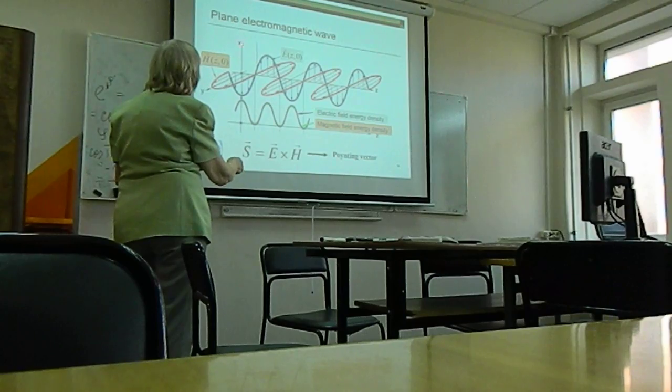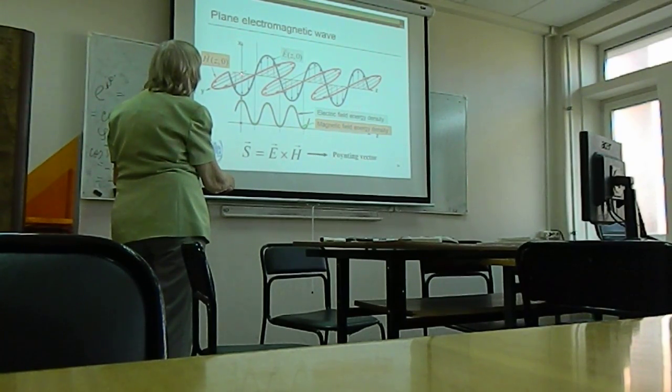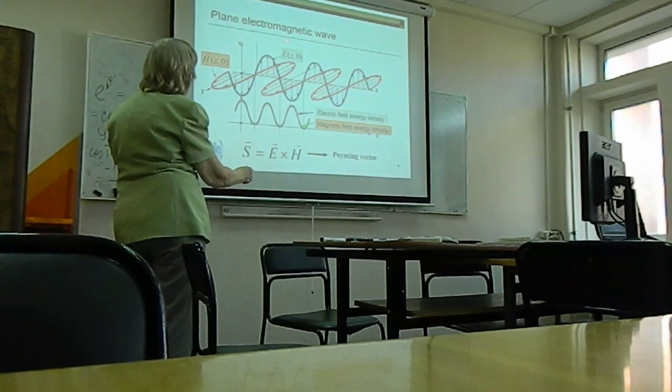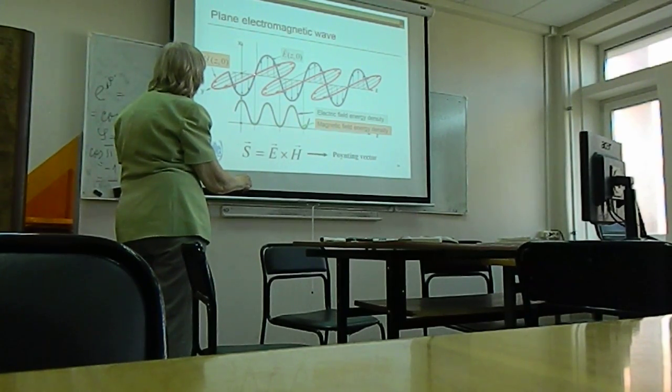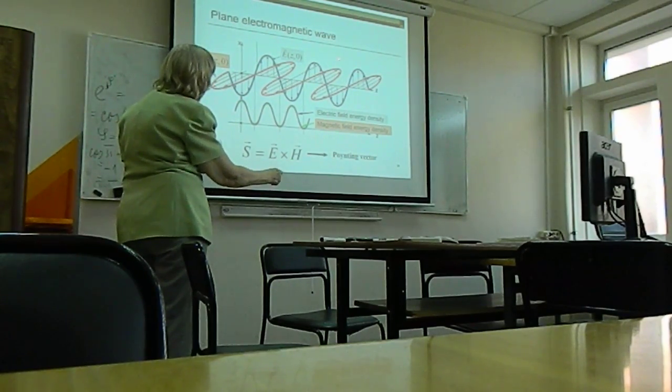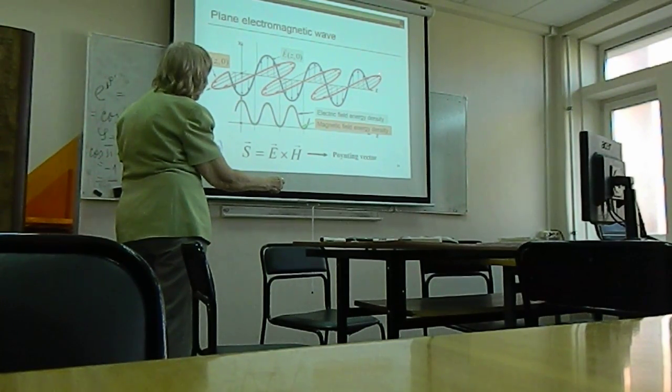We have coordinates x and y. We have only the x component of the electric part. This is the wave: the electric and magnetic parts of the electromagnetic wave. We have only one component, the y component. This wave propagates in this way,